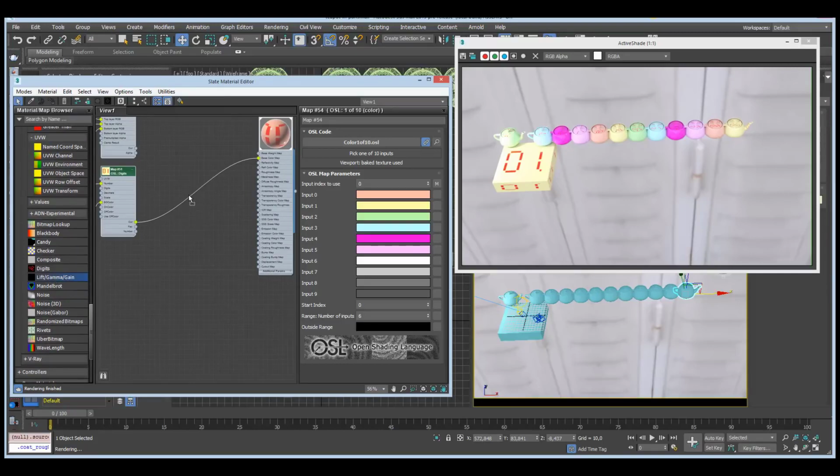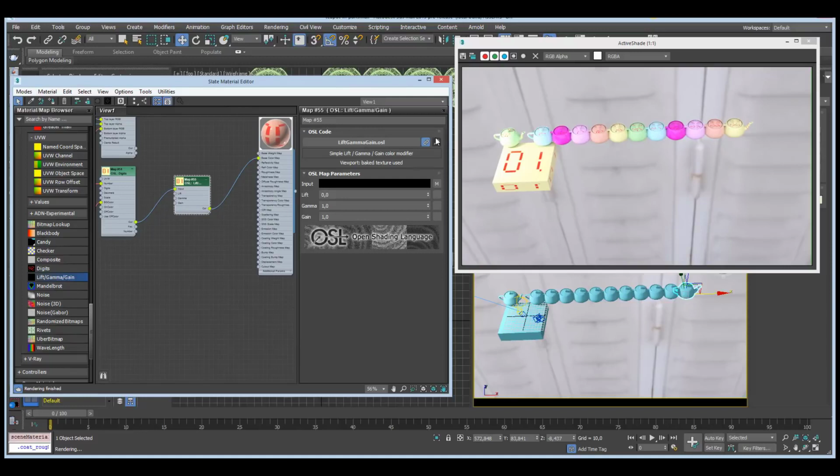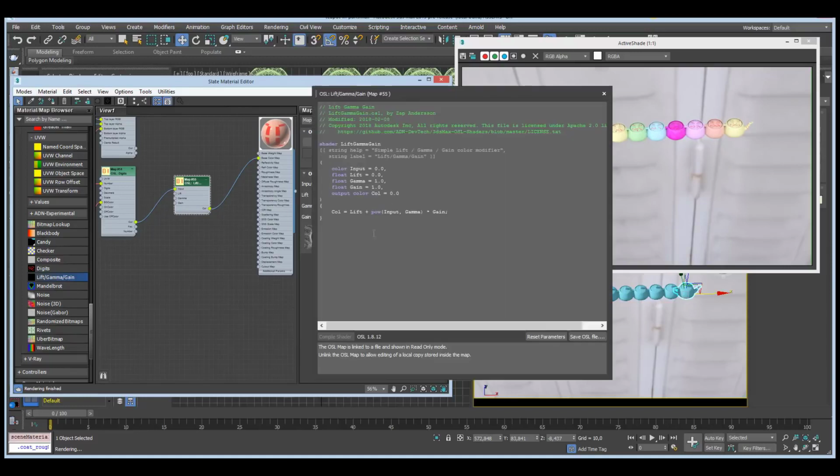Lift gamma gain is a fairly trivial color correction shader, which if you look at the source code you kind of understand. It takes the lift, it adds the lift, it raises the input to power of gamma and multiply by gain. So the order of operations is take the input color, raise it to the power of gamma, then multiply it by gain and add lift to it because of the order of operations. So if we look at what that